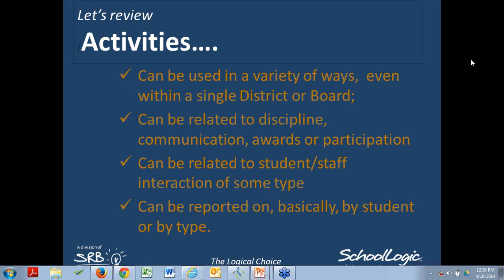Very similarly, but more related to discipline, and I think it would be great to show them how they could use it in their career counselor office to track some of those meetings for post-secondary planning. And by the way, in the last 10 days, I totally made that up. We don't have a manual that says, here's a way you could use this in career planning. But I happen to have a couple of daughters in their early 20s who didn't go to high school so long ago, and in our particular high school in Green Bay, I didn't think they were particularly organized in terms of career planning. And I just made that up in the last 10 days.